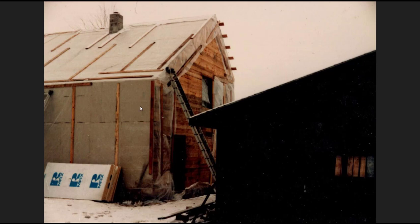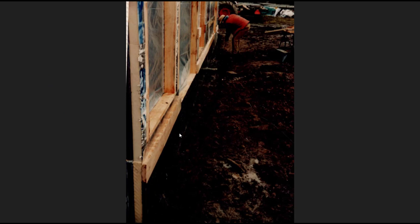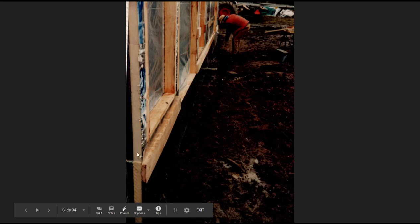So you can see drywall going on top of the hemlock. You can see the hemlock here isn't finished yet. And we got our RMAX, which is a polyisocyanurate. We're doing 2 staggered layers of 2-inch thick foil-faced polyisocyanurate. So these go all the way down to the ground out here, and you can see this is the insulation. This is 1 layer here. There's actually 2 layers there, and all of the seams are staggered